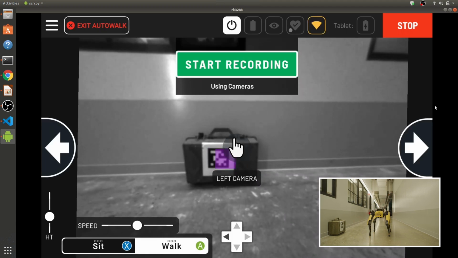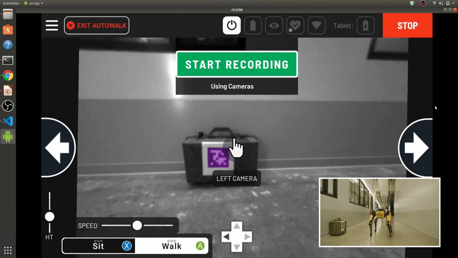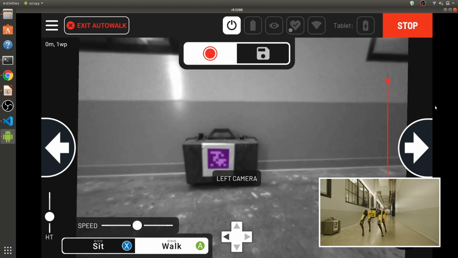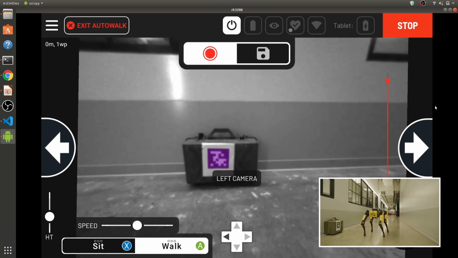To do that, we need a fiducial in view, and in which case we have one already available. So the left camera is detecting the fiducial, and you can see it in purple. So we can start recording the mission right away. And we're going to simply just move the robot forward